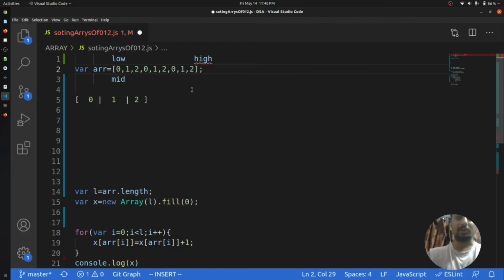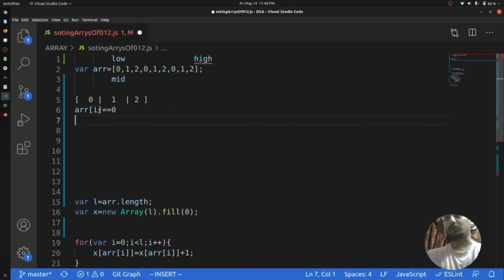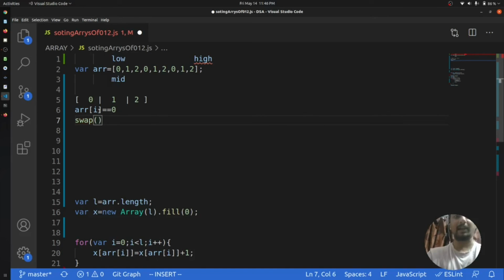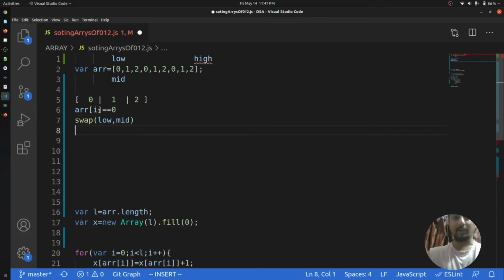Now we will check if the element at mid is equal to 0, then we will swap the element at low and mid.